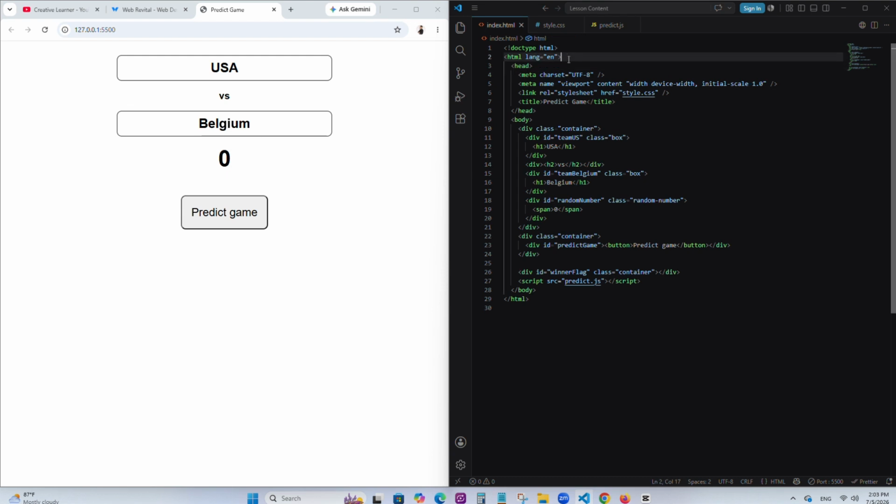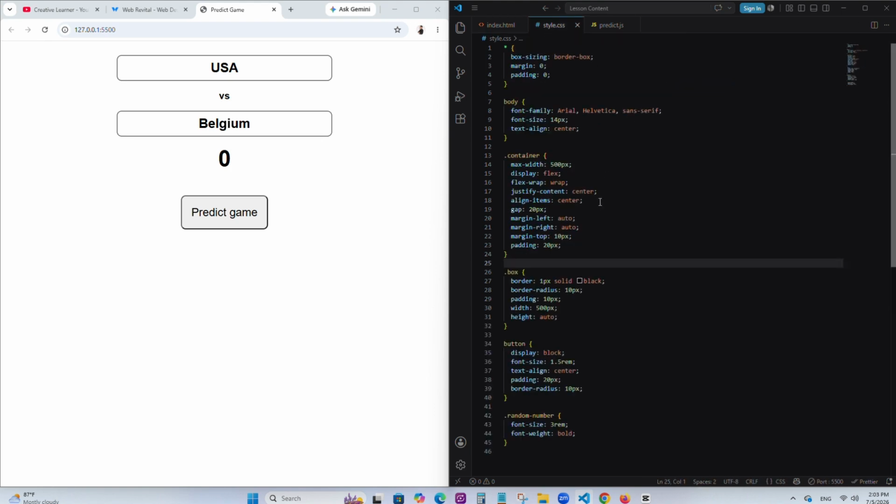I start with the HTML document, and then I give all the div elements, to make it a little quick, and set them up with an ID and a class. The ID is for my JavaScript purposes, and the class is for my styling, which will be in my style sheet. Again, that goes back to my Creative Learner tutorial, where we talked about all the CSS. That's how I set it up. In the style sheet, you use box-sizing border-box, padding and margin 0,